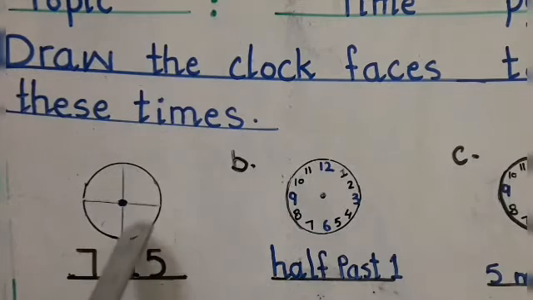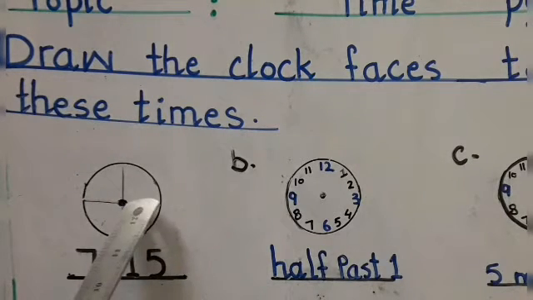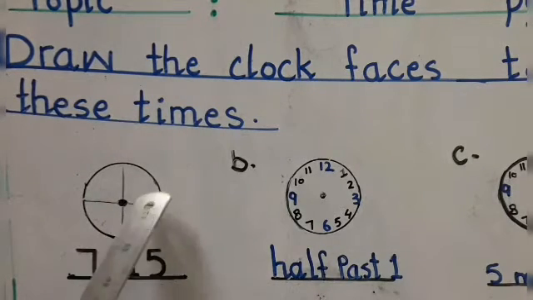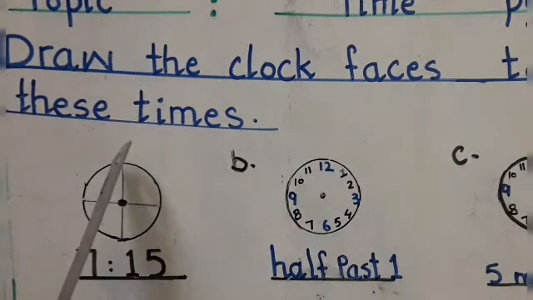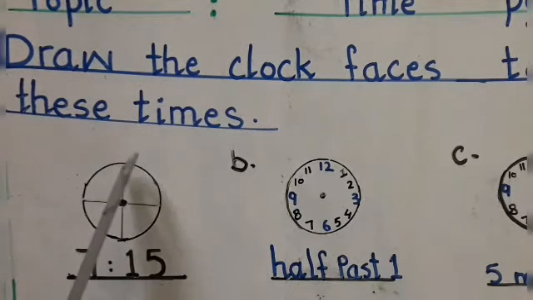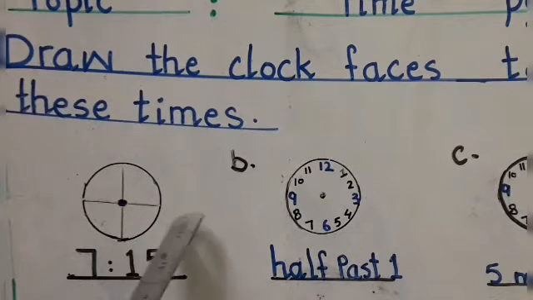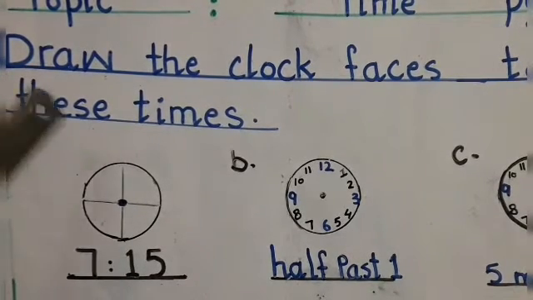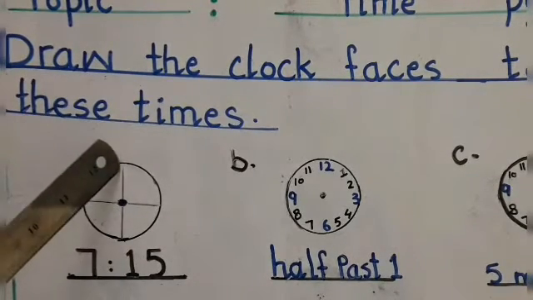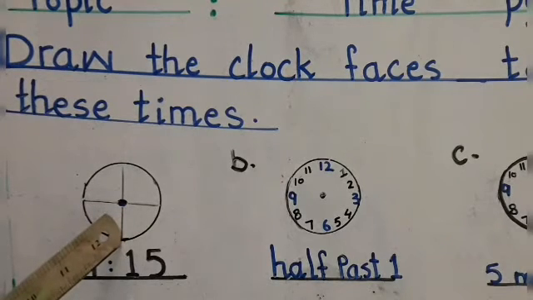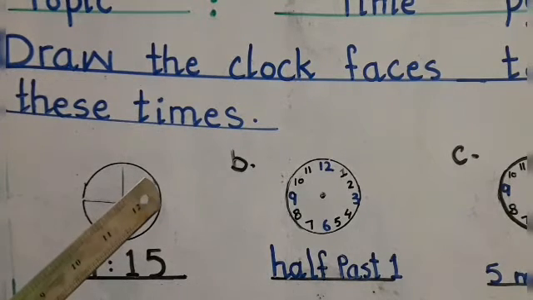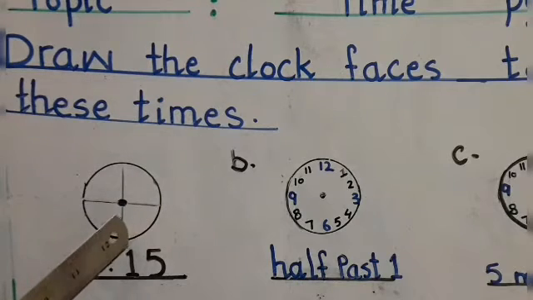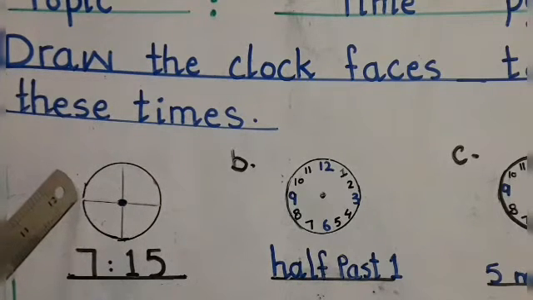You can also draw these two. First of all, put a dot in the center, students, and then draw your addition mark. This is your addition sign, so draw the lines like the addition sign. Then you will write 4 digits: 12, and the half of 12 is 6, and the half of 6 is 3. And then you will write 9 here.